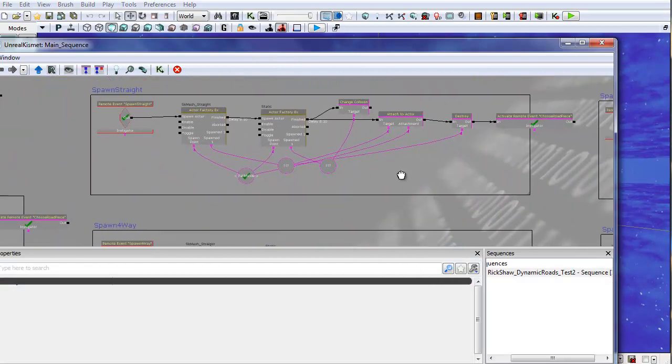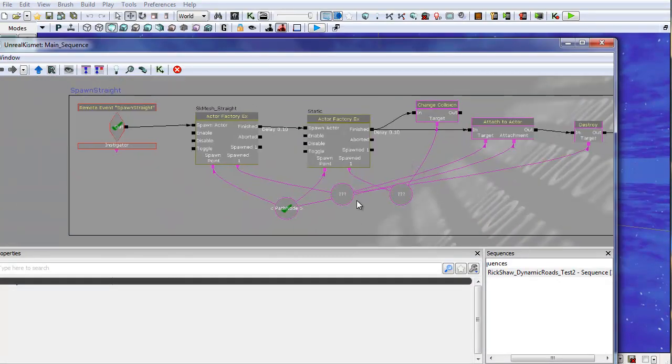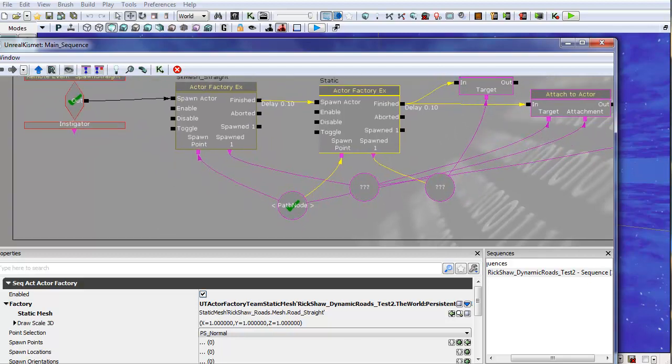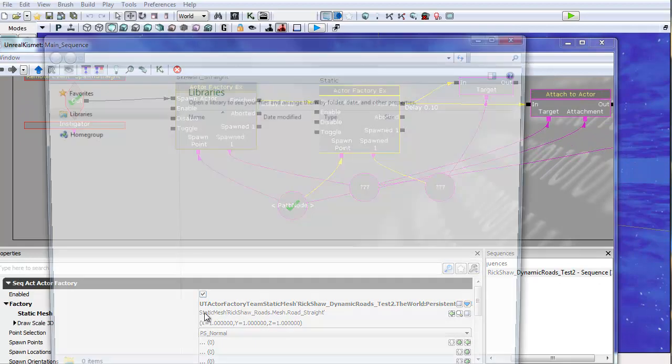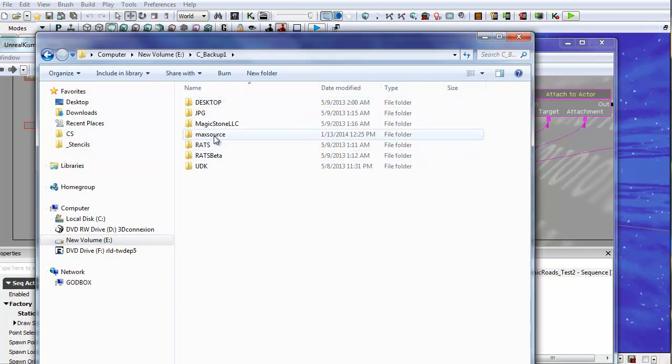The key thing I've noticed, I was doing my research for this, because you always got to do your research, that static meshes don't work, but don't forget team static mesh. Now this is something that is UT. Okay, so if you've got your own game mode, you got to do that. Now somebody in the forums put out, and let me go here,